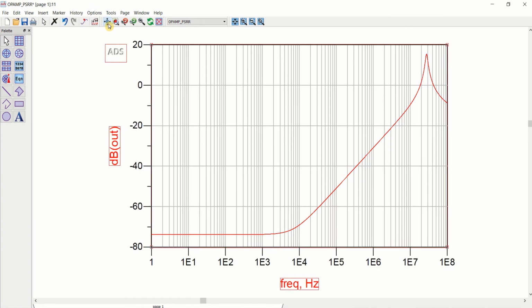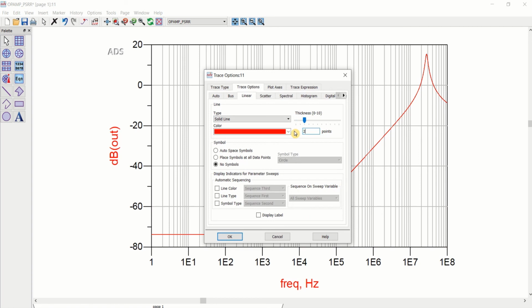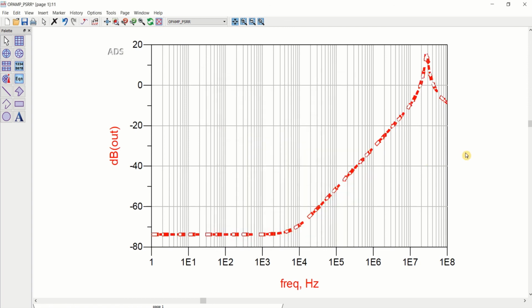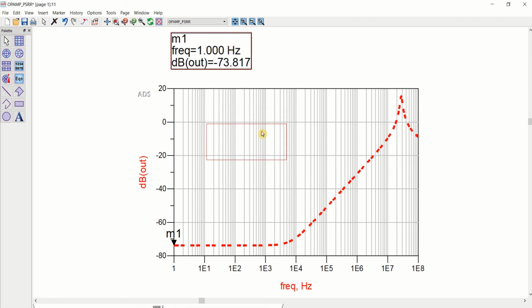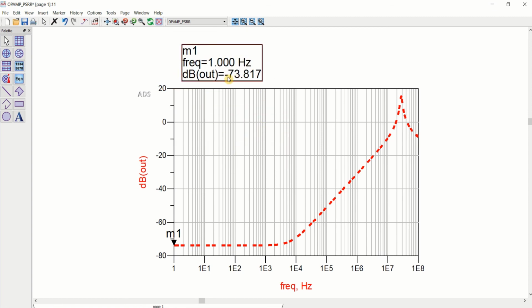This is the PSRR response. So you can measure the PSRR exactly at 1 hertz. It is providing negative 73, which is a very, very low value.